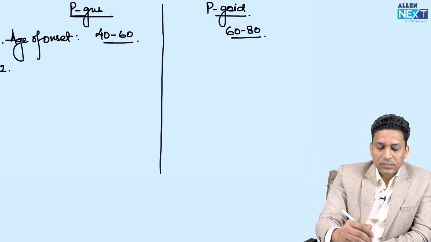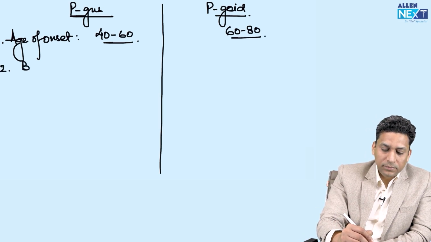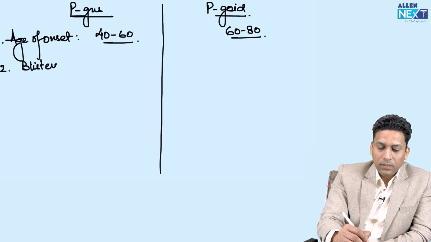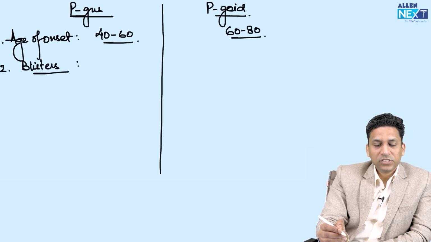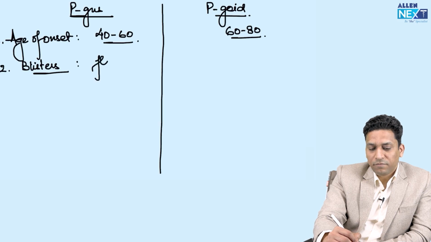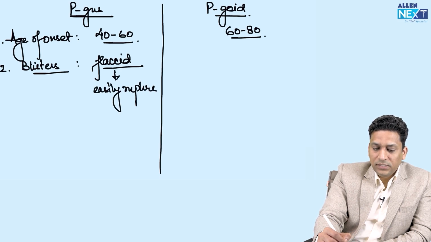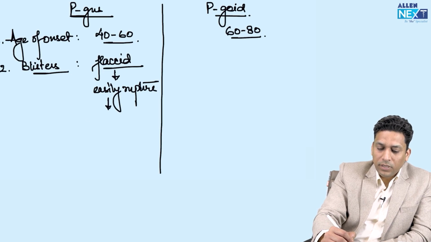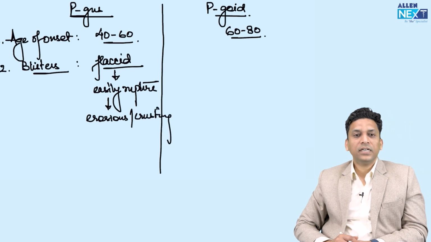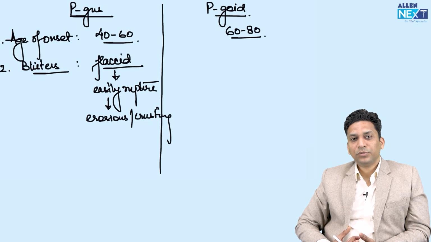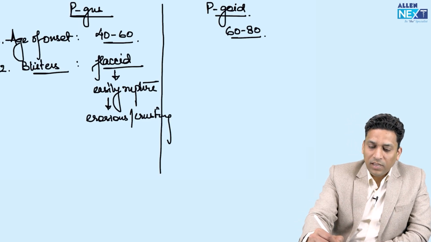The second is, look at these blisters. These fluid-filled lesions or blisters which are seen in pemphigus are flaccid. As I already told you, they easily rupture, and when they easily rupture, what do they form? They form erosions and crusting. So here in pemphigus you will get flaccid blisters which easily rupture to form erosions with crusting, while here in